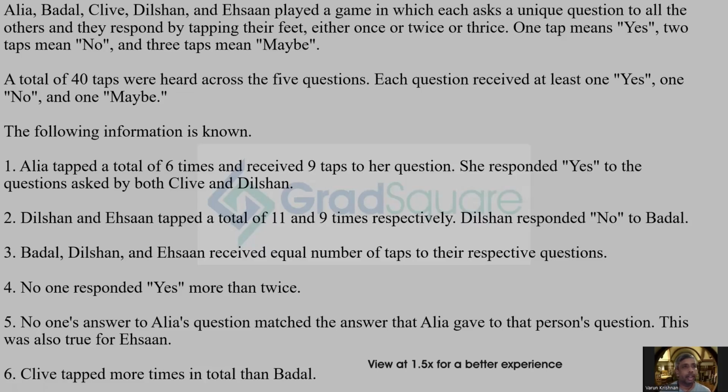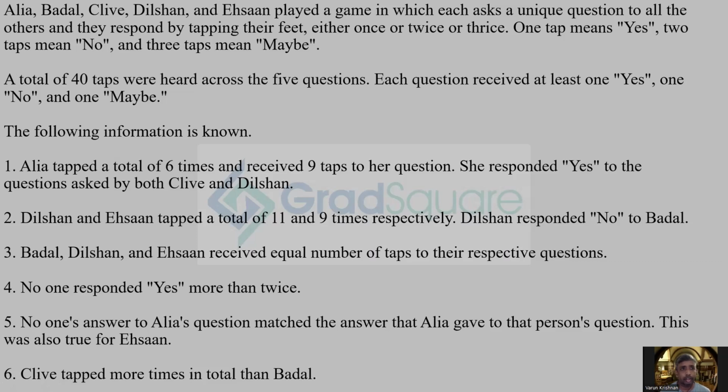In this video, we'll be looking at the solution of this LRDI set from CAT 2026 Slot 1. So I hope you've read the set. There's a set in which there are 5 people, A, B, C, D, and D. And they are each asking a question to every one of the others, to which the possible responses are yes, no,